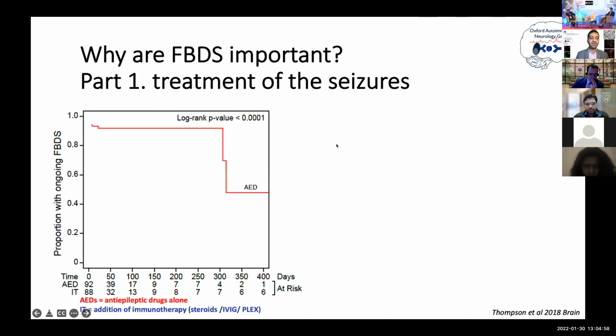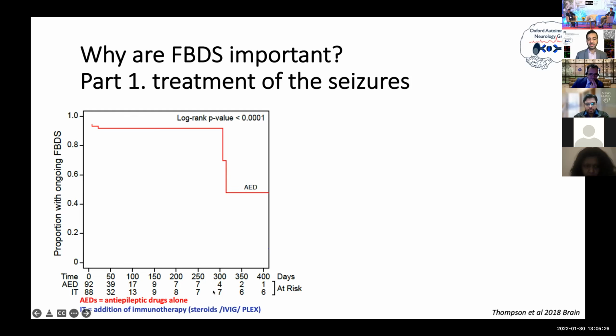And this is a very striking but very straightforward plot of patients with ongoing seizures, ongoing faciobrachial dystonic seizures in this case, and their response to anti-epileptic drugs in red here. And you'll see that really only about 10% of them make a response to anti-seizure medications. And it's later that you get this clear drop-off. But the reason you get a very clear drop-off is because the number of patients is really low in the analysis now. And the reason the number of patients is so low in the analysis is because they've all responded